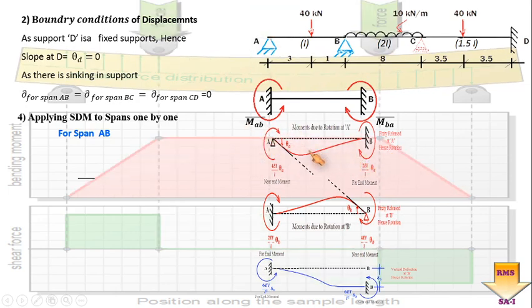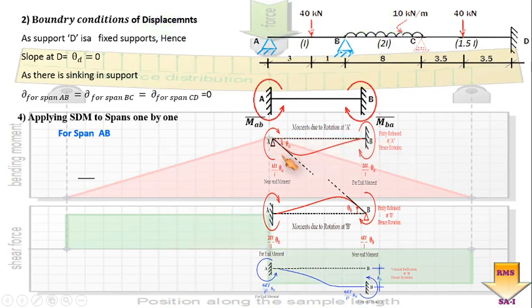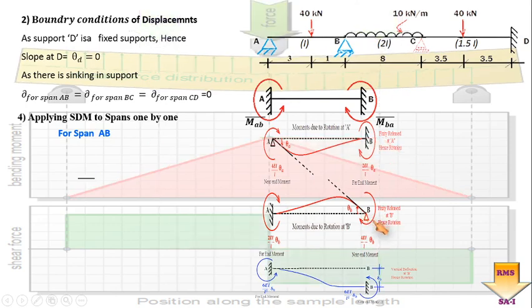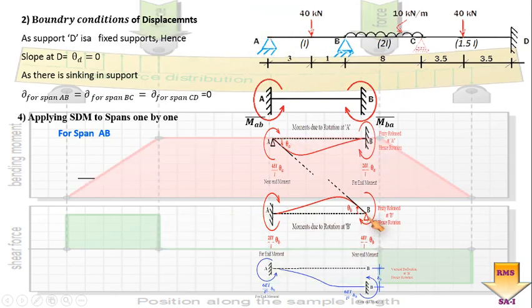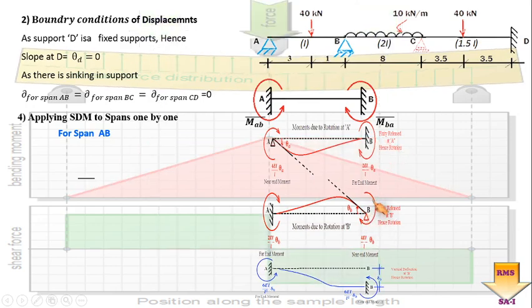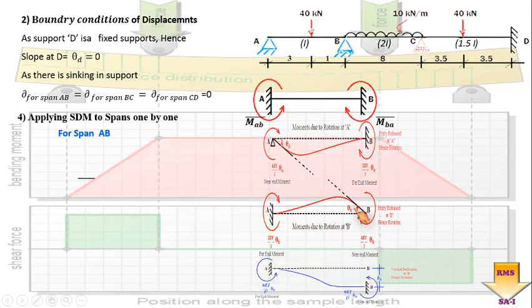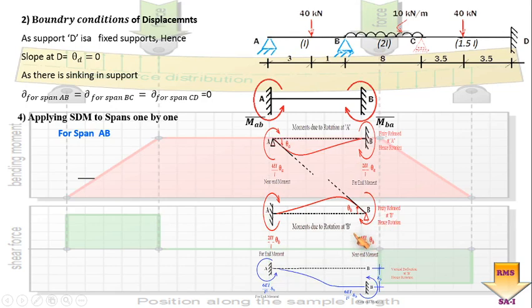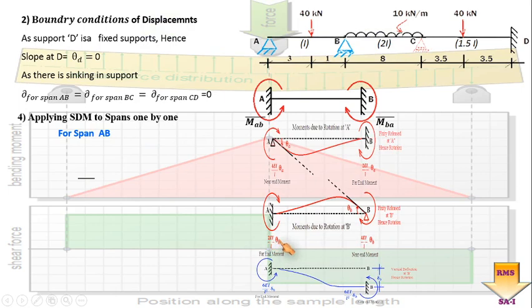So the carried over moment about point A due to rotation theta a is half, which is equal to 2EI by L theta a. Is it okay? Next, I am going to assume that there will be allowed rotation about point B, due to the support, that is a hinge support. So due to that hinge support, this beam is going to rotate by theta b, because of which there will be introduction of a moment of magnitude 4EI by L theta b, and we know half of this is to be carried over to the far end. Is it okay? So that is 2EI by L theta b.